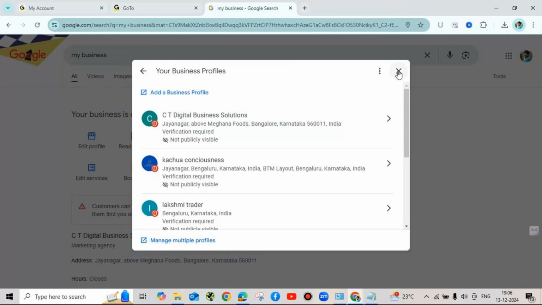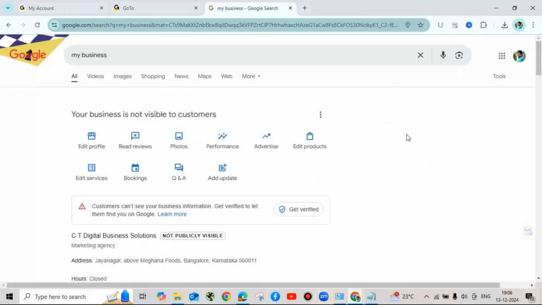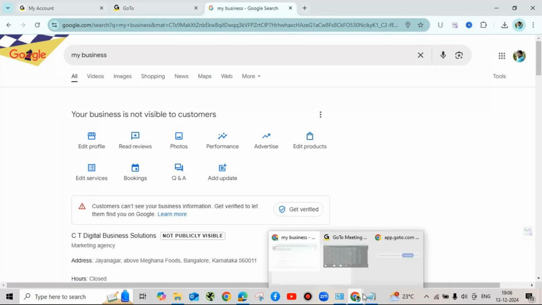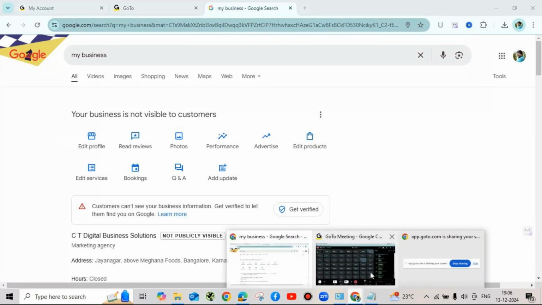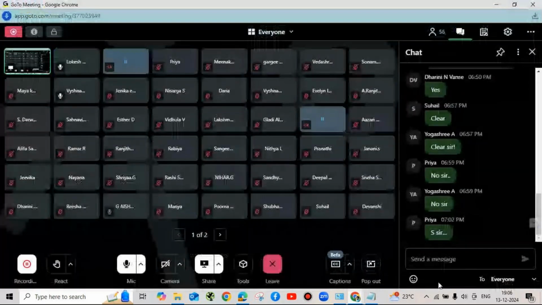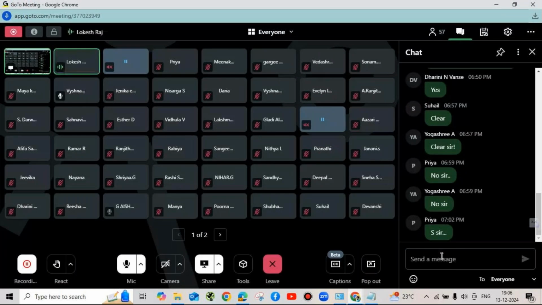Is that clear with this? How to manage your profile? So is there any doubt on any options till now what we have discussed? Okay. So now